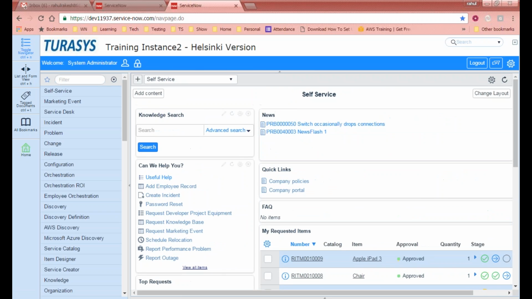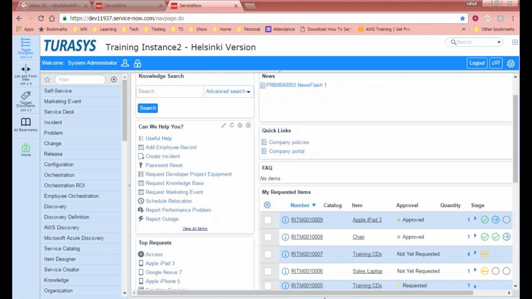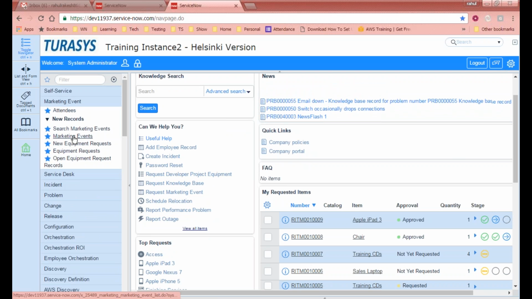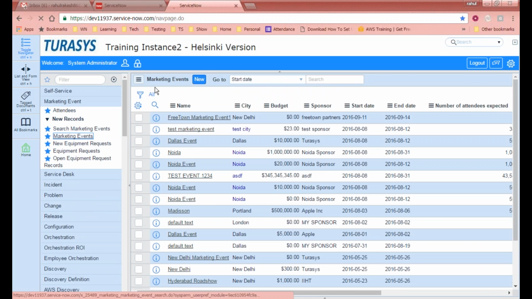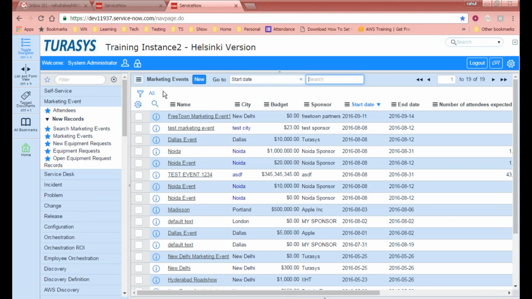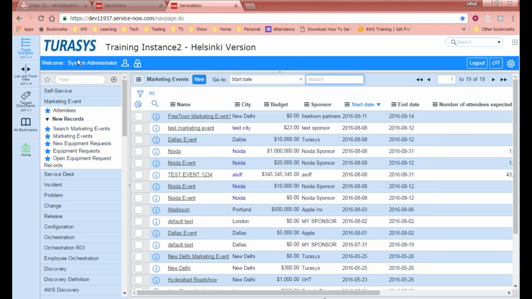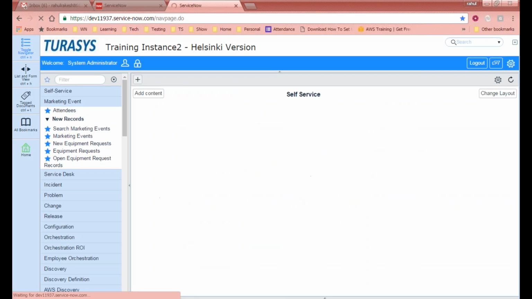See, this is what I'm talking about. I brought this link here, request marketing event, right? So from the marketing event application, I could click on this marketing events and then, as an administrator, I was allowed to see this list of records, but I do not want to show this list of records to my user. I want my user to